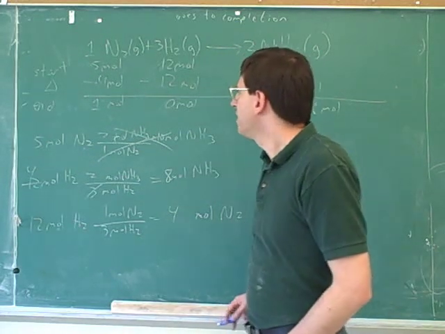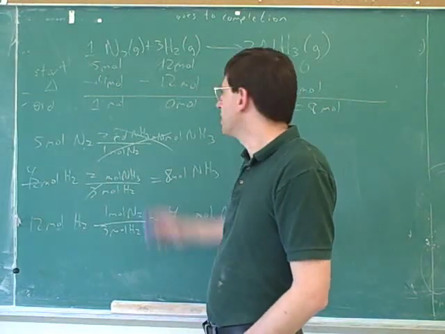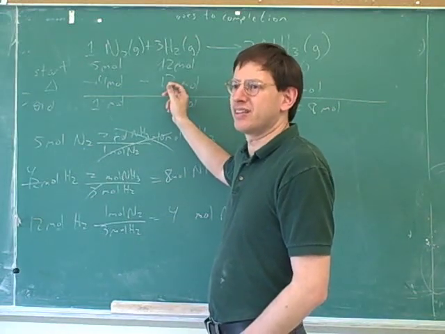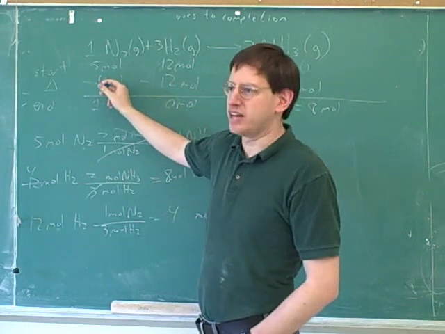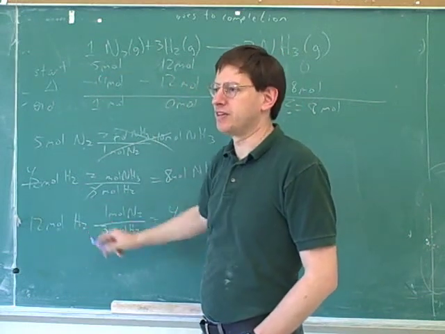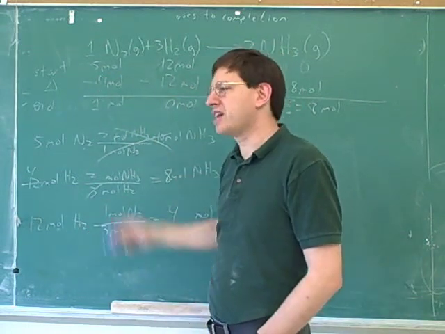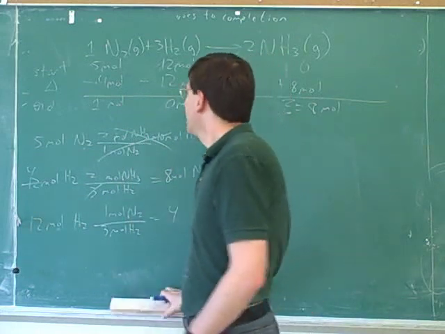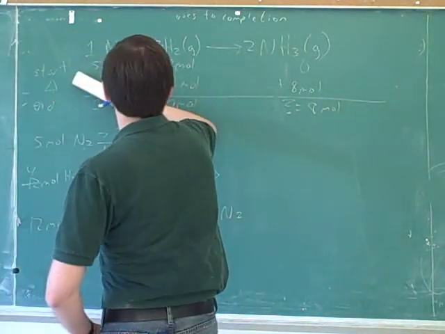And notice that once we found the limiting reagent, this number was obvious. But this number wasn't obvious. We had to do more work to figure out this number down here. A lot of people forget about all this and they get sloppy. Here are some mistakes that